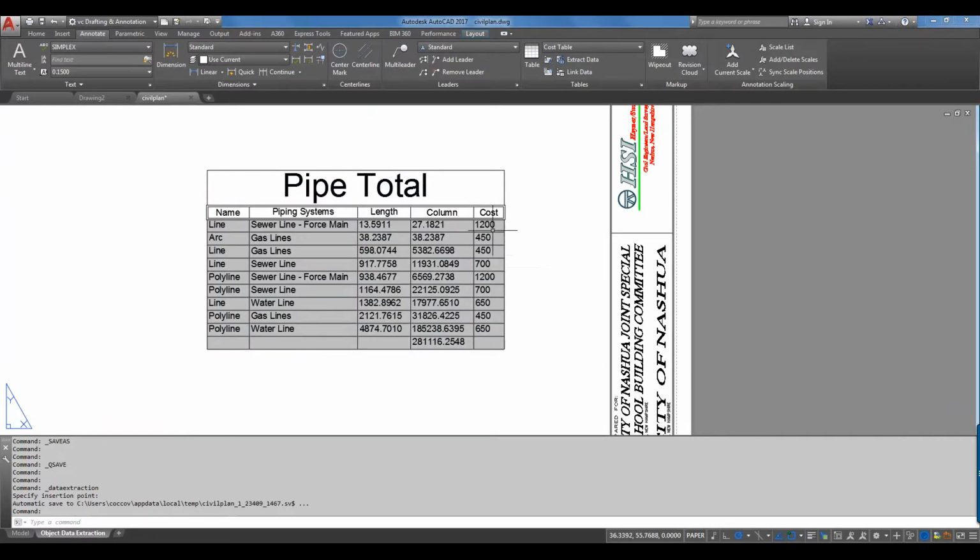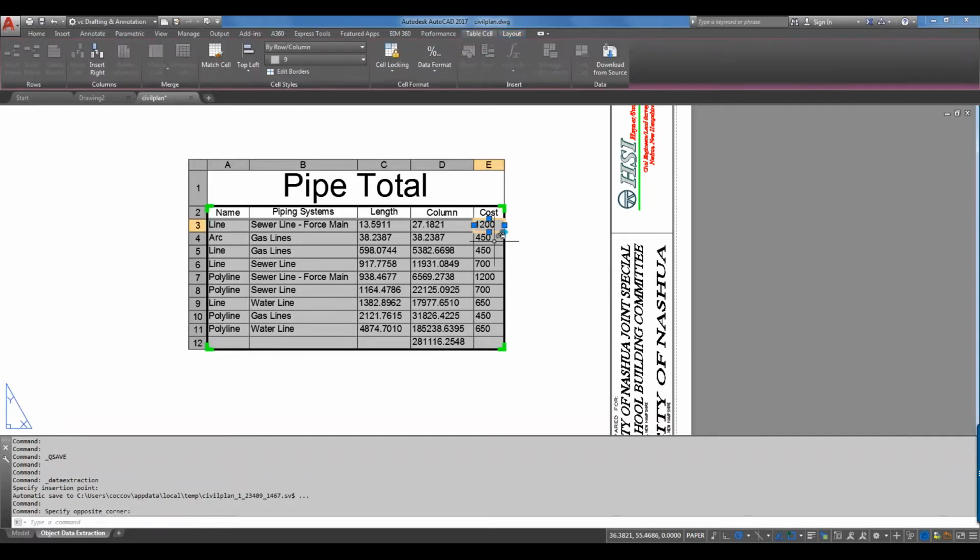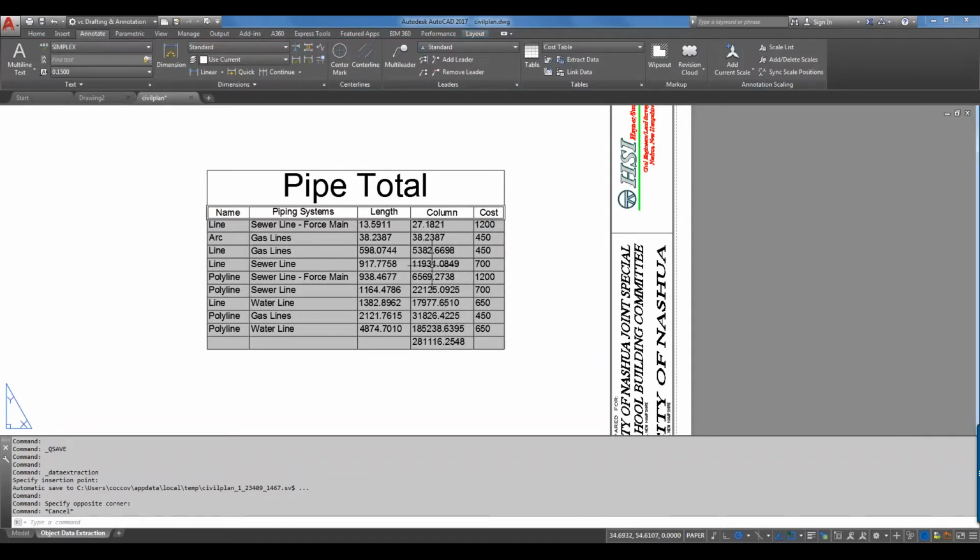Anyway, there's no real formatting. One of the things I forgot to do was format this as currency. But these are the values that have come out of that spreadsheet. It's been a long time since I actually did this one. I'm not worried about the formatting for the column or the length, but basically wanted to give you an idea. Now I just realized also what I forgot to do, and that is in our